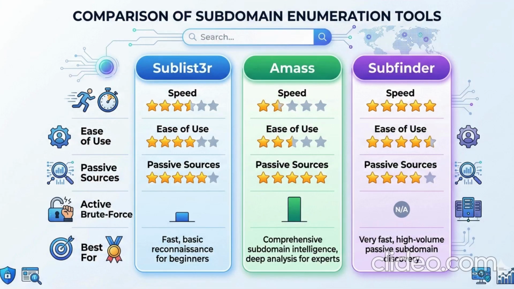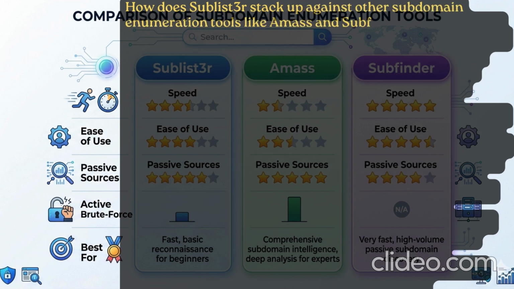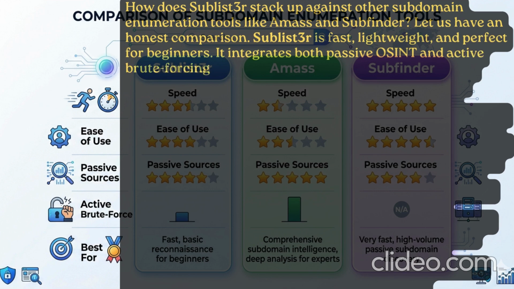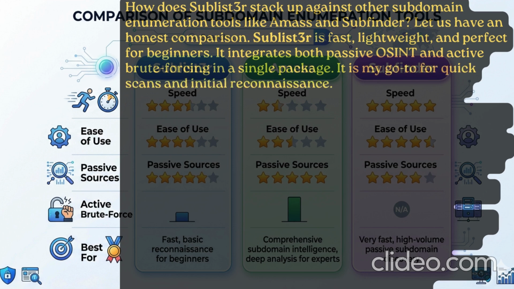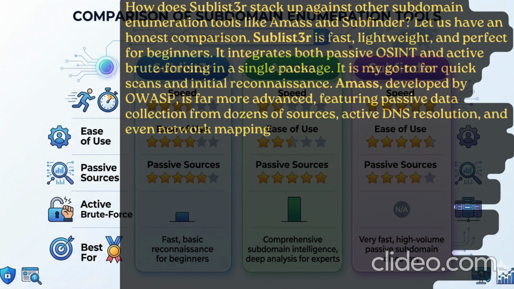How does Sublist3r stack up against other subdomain enumeration tools like Amass and Subfinder? Let us have an honest comparison. Sublist3r is fast, lightweight, and perfect for beginners. It integrates both passive OSINT and active brute forcing in a single Python package. It is my go-to for quick scans and initial reconnaissance. Amass, developed by OWASP, is more advanced, featuring passive data collection from dozens of sources, active DNS resolution and even network mapping capabilities. It is excellent but can be